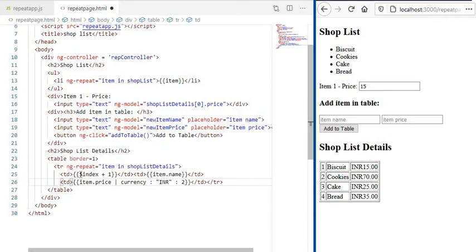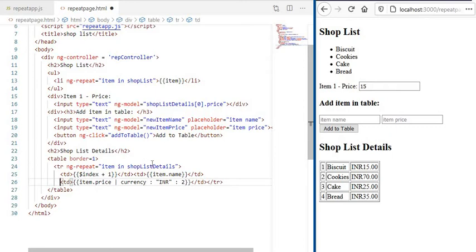For the serial number, $index is a special property we can use. Automatically this $index changes in every iteration or every loop. This ng-repeat executes continuously until the last item present in the shopListDetails.